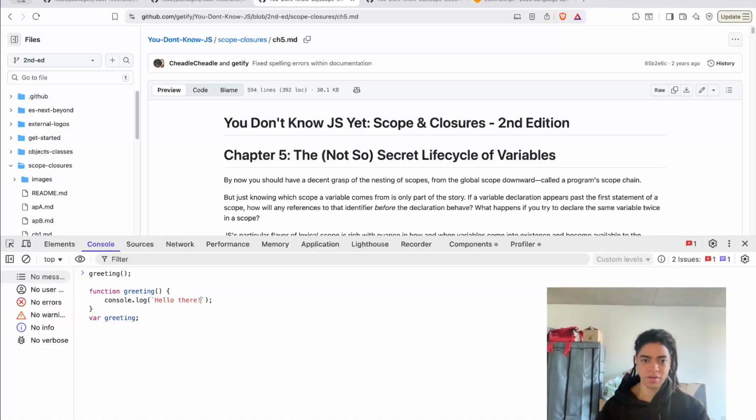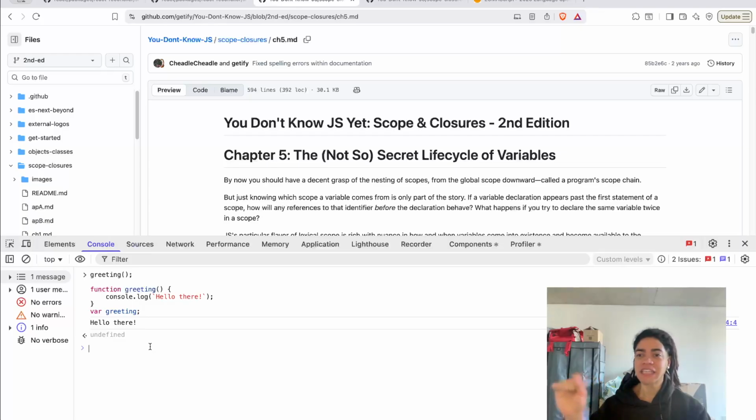But it turns out that this is not the case. All right, it turns out that the function declaration and the variable declarations behave differently when they encounter the same name, when they have identifiers with the same name. And that is interesting.